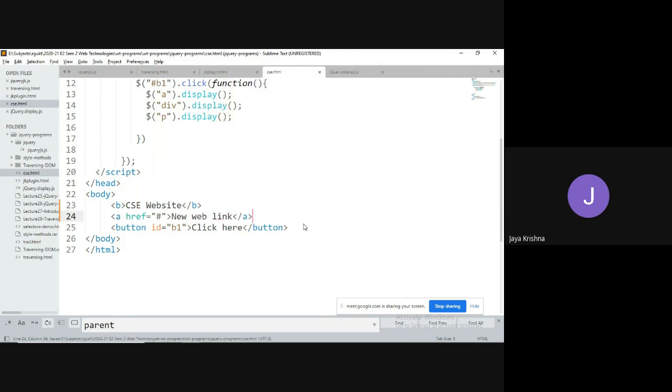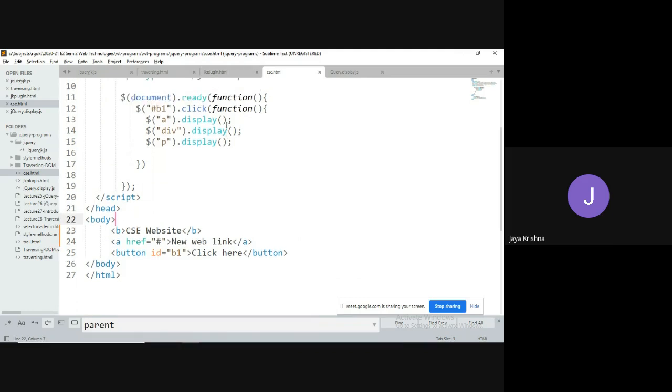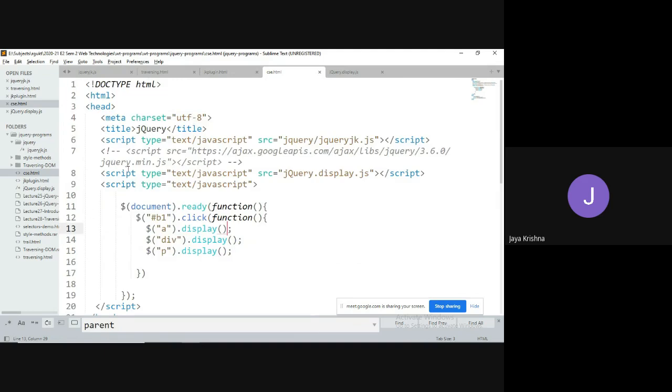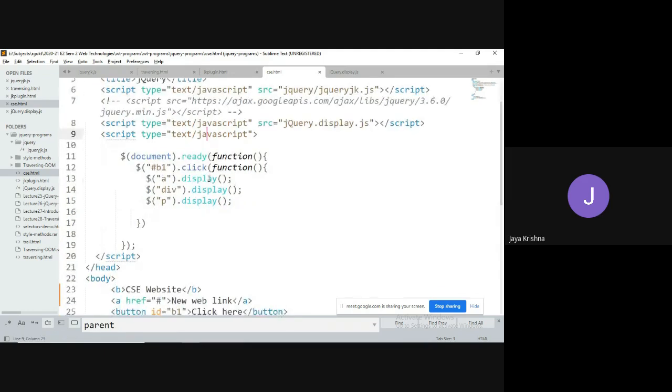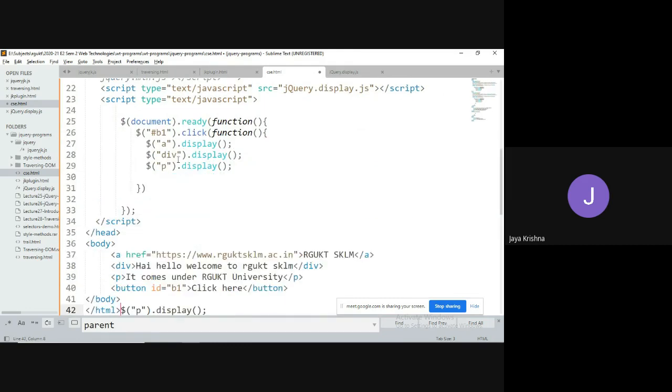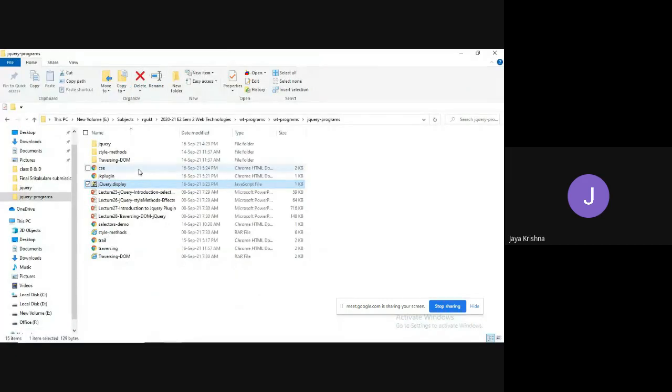Now this particular user also needs to print every element name. At that time, they can simply call the display function by making a connection to the corresponding file. Now I can simply call it here.